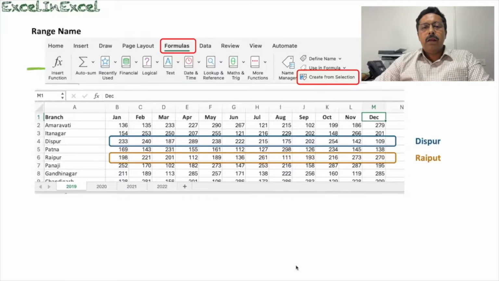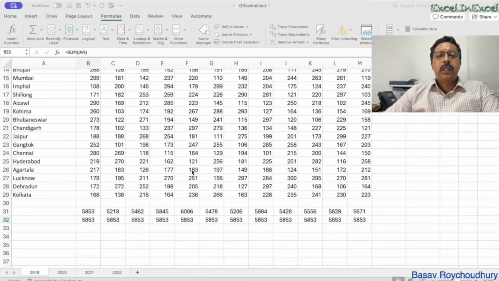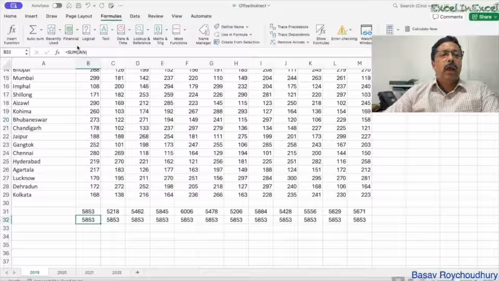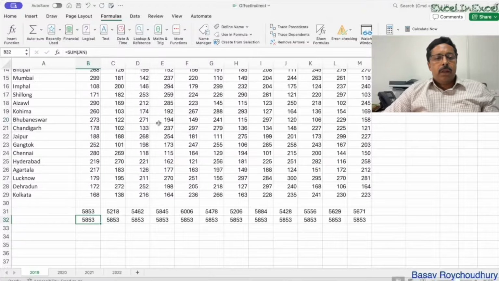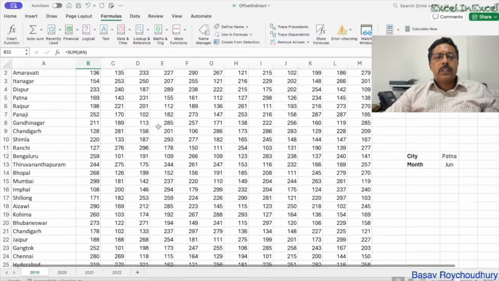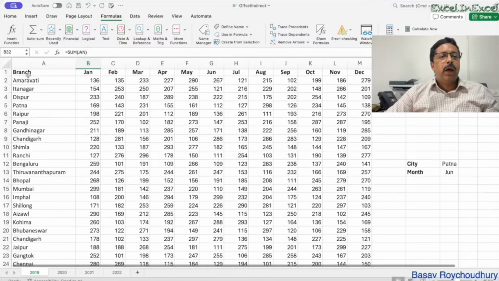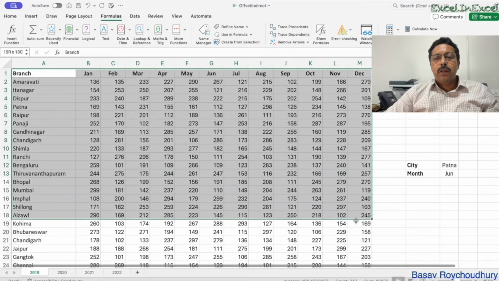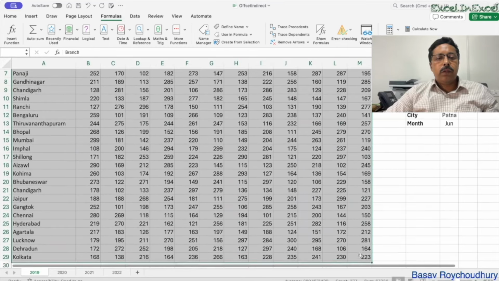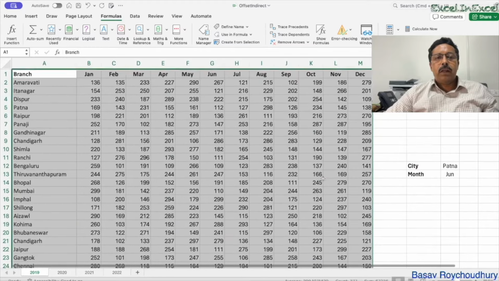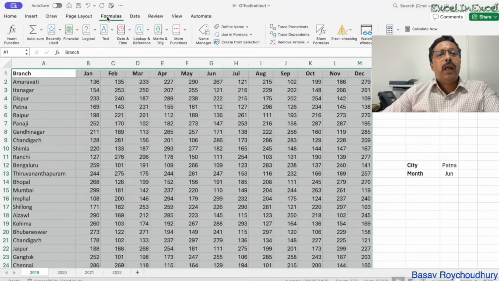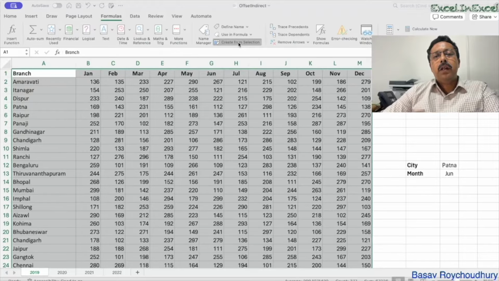So once again, as usual, let's do it in Excel. Let's look into Excel and try to do that job. So what we are going to do now is take this cell again, and let me select this. So I'm selecting this whole thing, right? I've selected this whole range, and then as I said, I'll go into the Formulas ribbon, and here is Create from Selection. Now once I click on this Create from Selection,